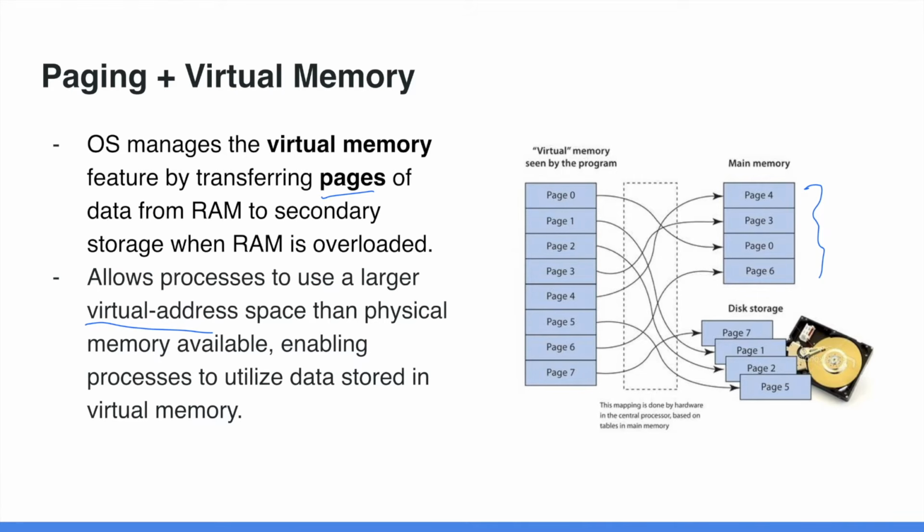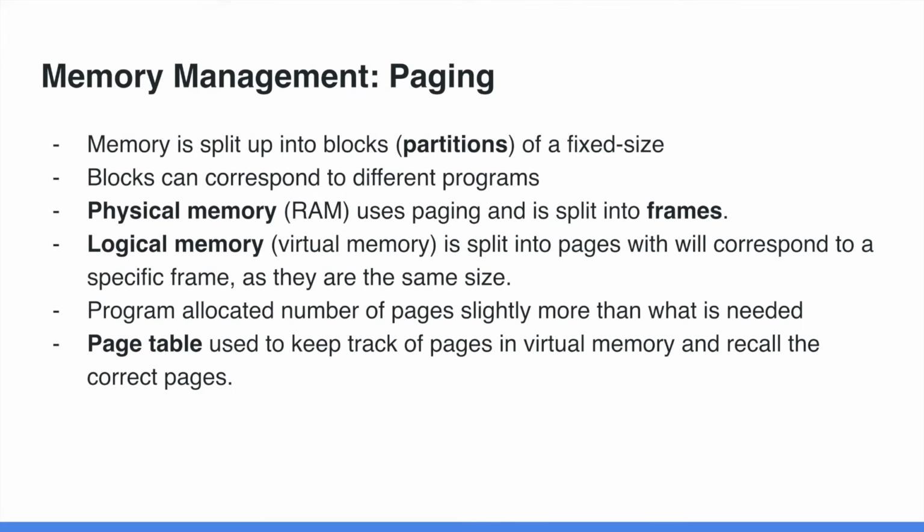But mainly what you need to know about paging is that data in RAM and in virtual memory are organized in units called pages that are of a fixed size. And pages of data are transferred between the two when we're making use of virtual memory. Now, to get more deep